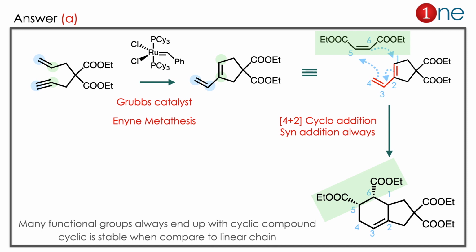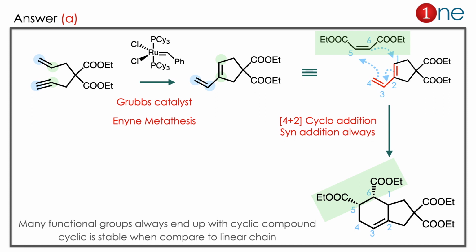The answer is A. Let us see how. In the starting material you have an alkene and an alkyne, and you are using the ruthenium catalyst. It is called Grubbs catalyst. It can be used for many reactions. Here it is called enyne metathesis, meaning direct carbon-carbon link formation will be there. What really happens is green carbon bonds and blue carbon bonds form there. So a 5-member ring is established with the allyl chain on the side wing. Then if you understand perfectly, it is a diene.